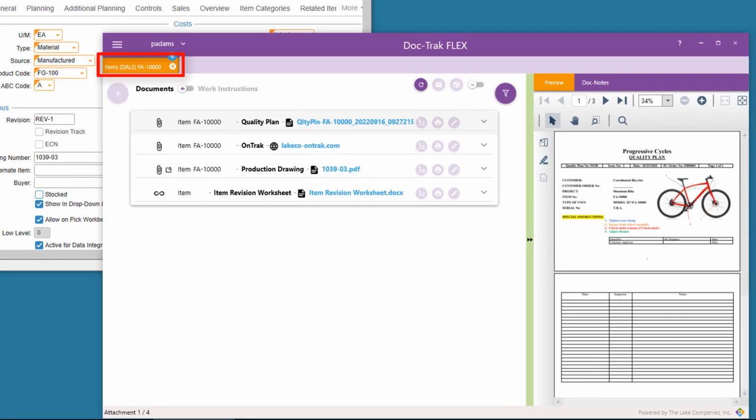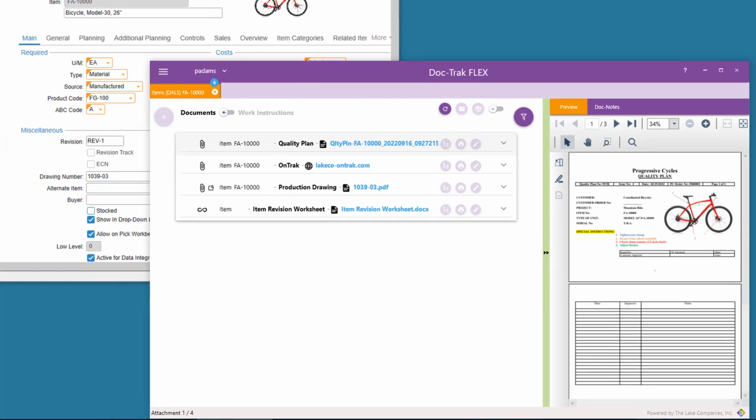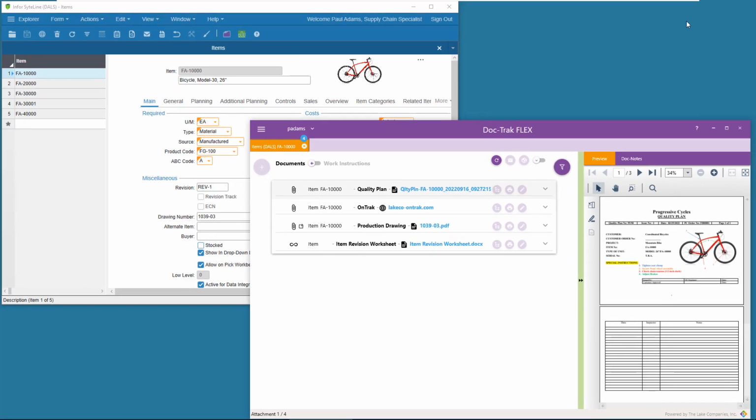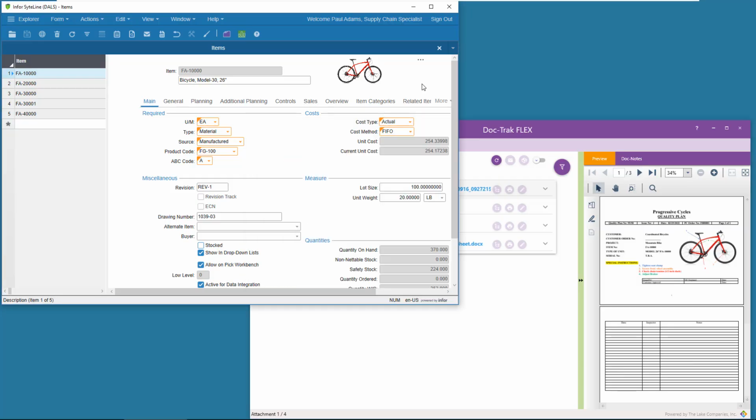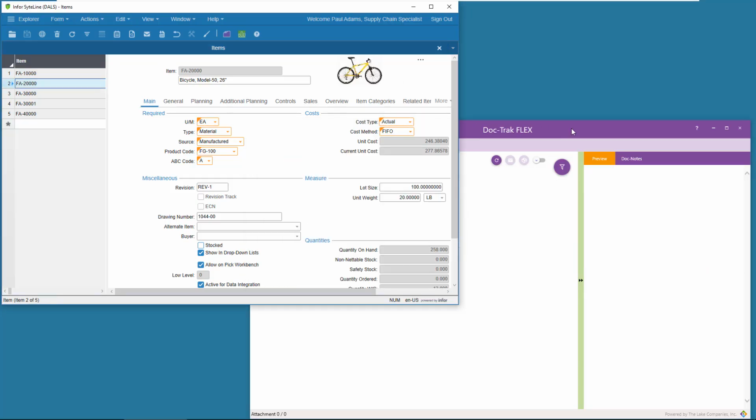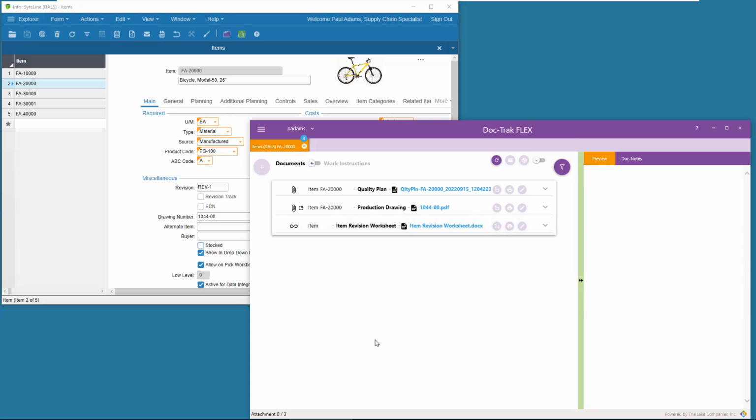Notice that this tab shows us that we're logged into the DALS site. We've opened the Items form, and we've selected Item FA10000. Now let's go back into Sightline and select the next record, which is FA20000. Notice that DocTrack Flex has changed to show the attachments for that record.